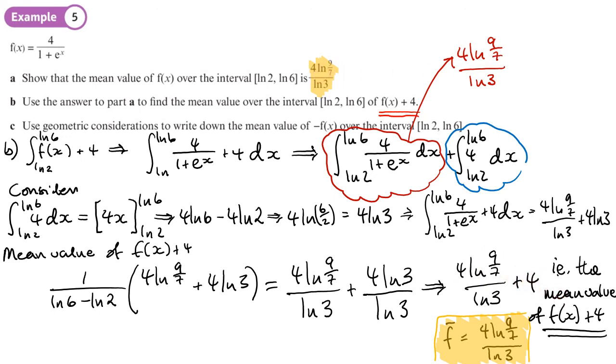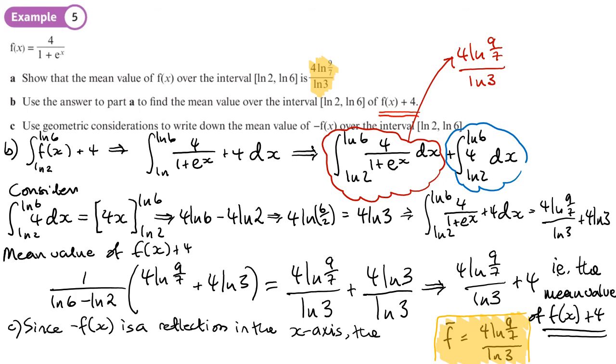Now part C says, using geometric considerations, write down the value of the mean of negative f of x over the same interval. Well, what does negative f of x do? That's a reflection in the x-axis. Okay, so since negative f of x is a reflection in the x-axis,